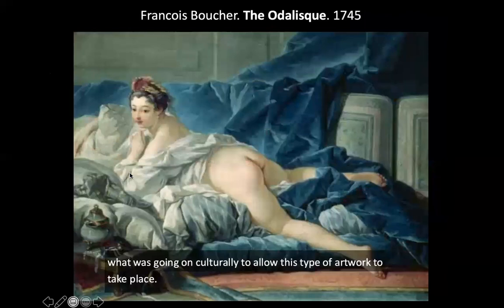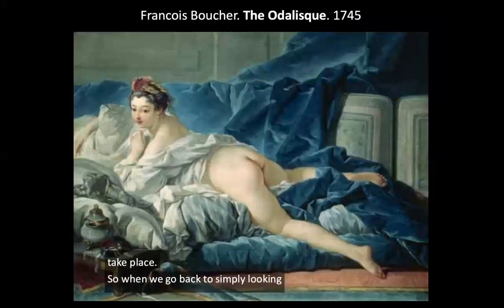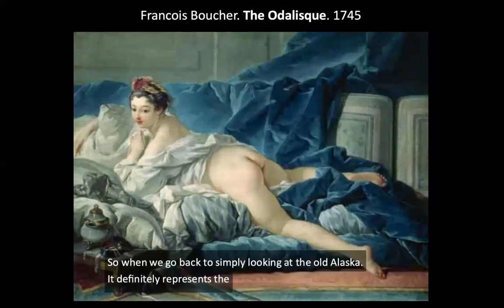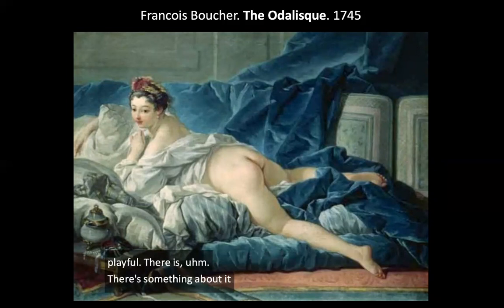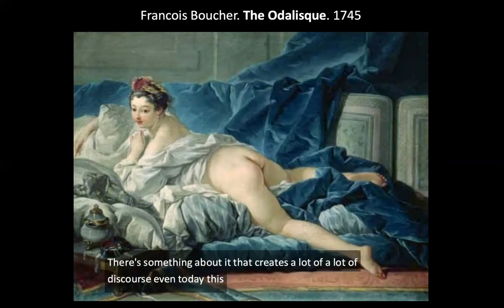So when we go back to simply looking at the Odalisque, it definitely represents the Rococo movement because it is erotic, it's sensual, but it is leisurely. It is definitely playful. There's something about it that creates a lot of discourse even today. This was considered a private image for the king, but it also represents the style in which Rococo is about,